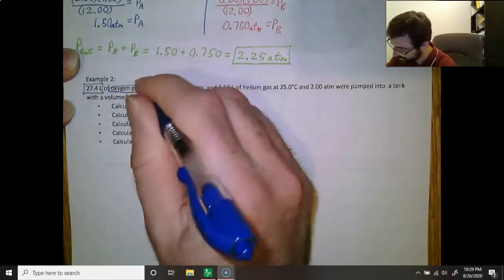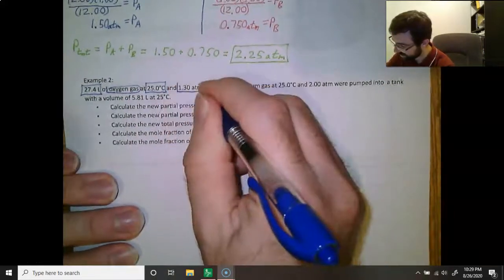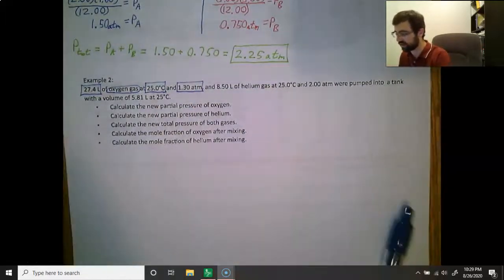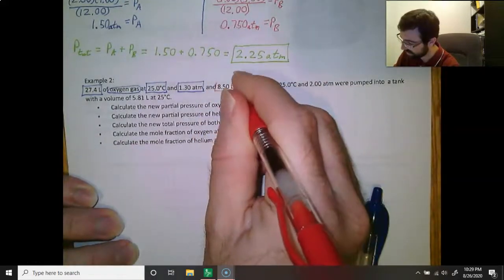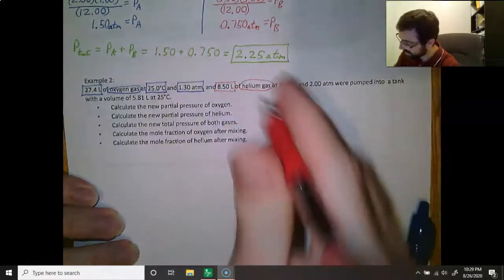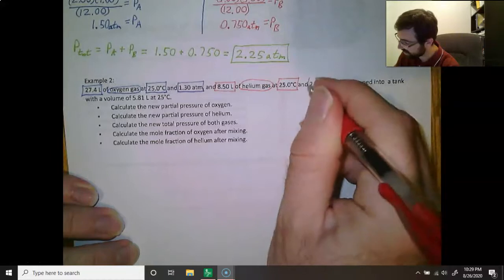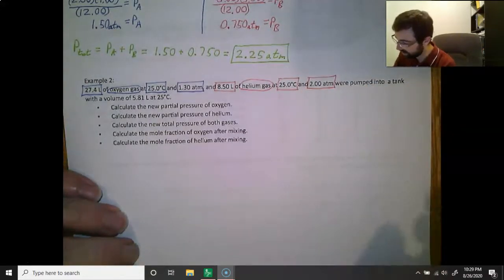And it's got this temperature, and that many atmospheres, that pressure. And I've got a different gas, so I'm going to switch colors so that I can stay organized. 8.50 liters of helium gas at 25.0 degrees Celsius and 2.00 atmospheres were pumped into a tank with the volume